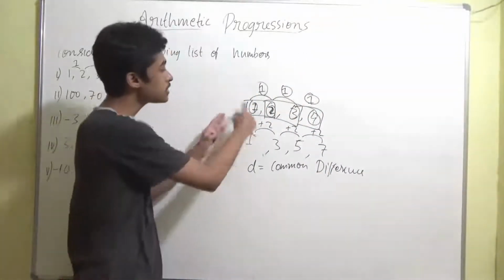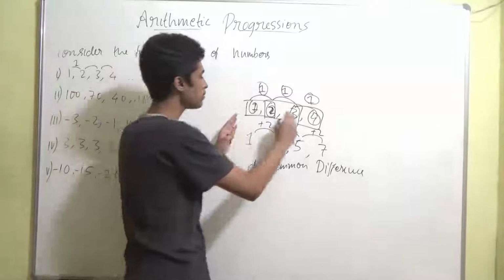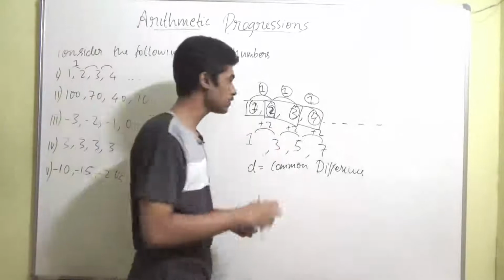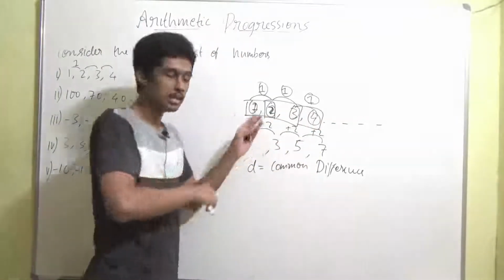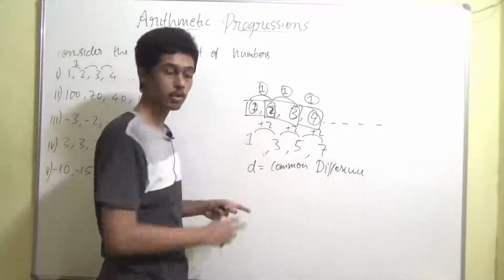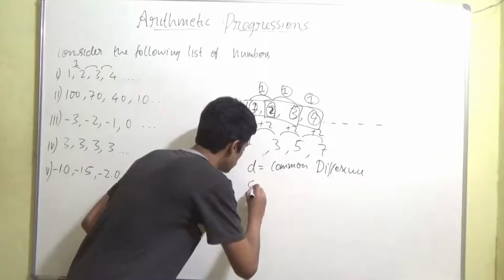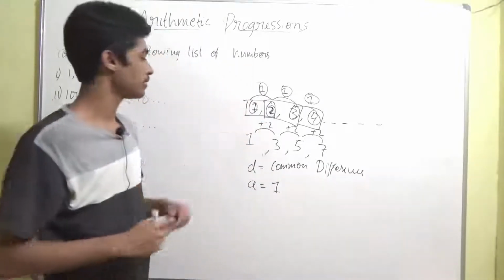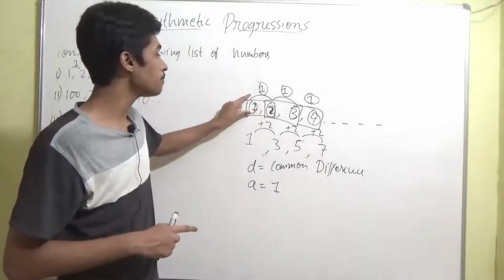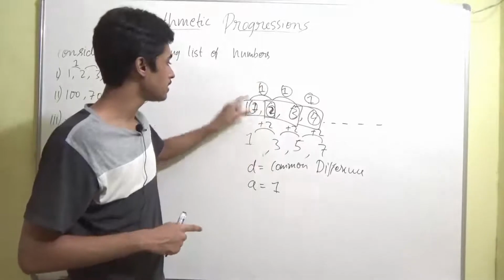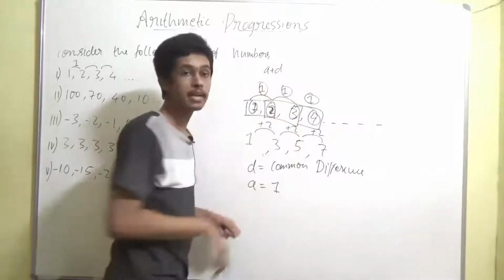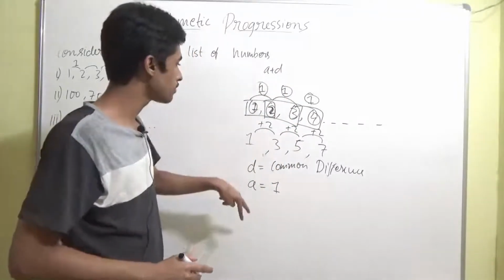right? And the first term of the series, for example, if you consider a series which goes on 1 2 3 4 5 6 7 8 9 10 and goes on till infinity, if you consider this as a progression, as an arithmetic progression, then the first term of the arithmetic progression you will call A. So A in this case will become 1. After the first term, the succeeding term you will get by A plus 1. What is 1 here? D, right? So the second term you will get as A plus D. When you do A plus D, you are getting the second term. When you do A plus 2D, you are getting the third term.